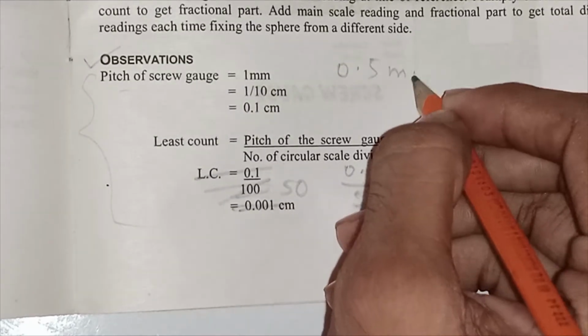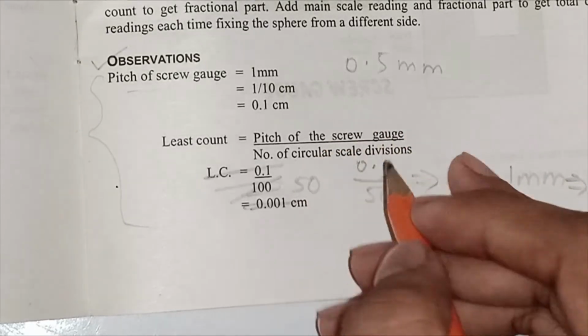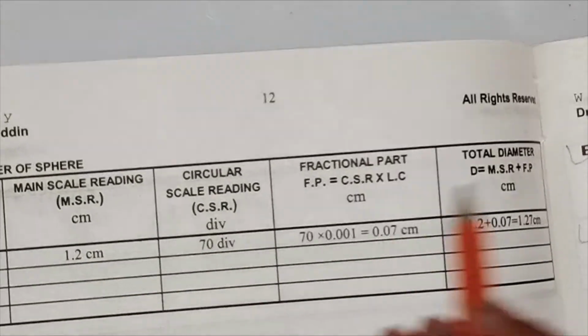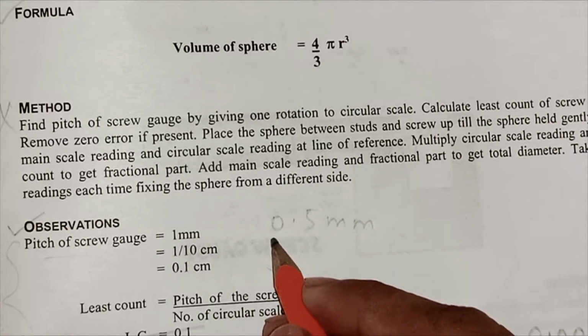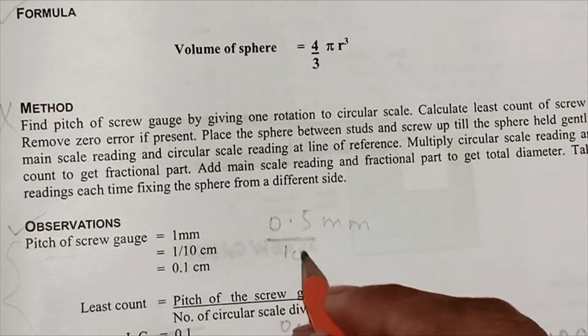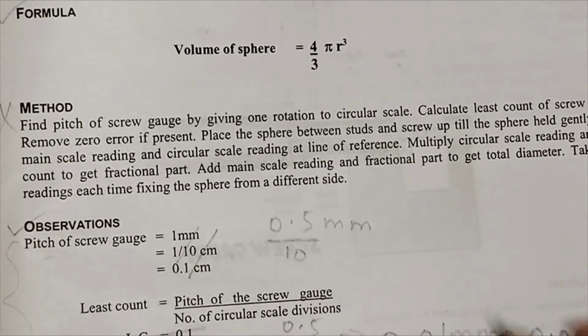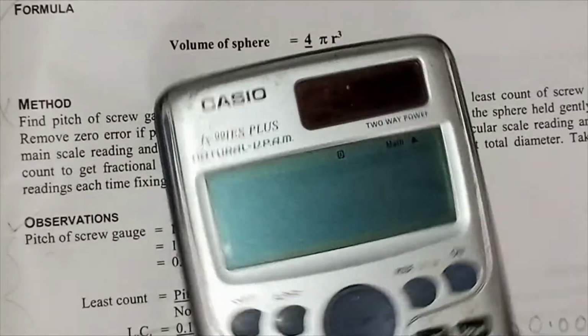millimeter. Okay, but it is in millimeter, and we are measuring all readings in centimeter, so we have to convert our pitch into centimeter. So what will we do? 0.5 divided by 10. You don't consider the book reading, because our instrument has a different reading, so we will follow this. So 0.5 divided by 10 is, look here,